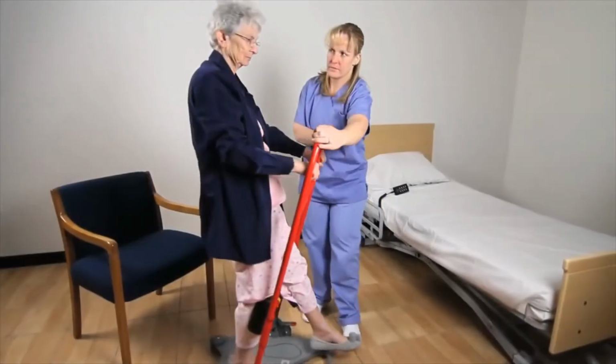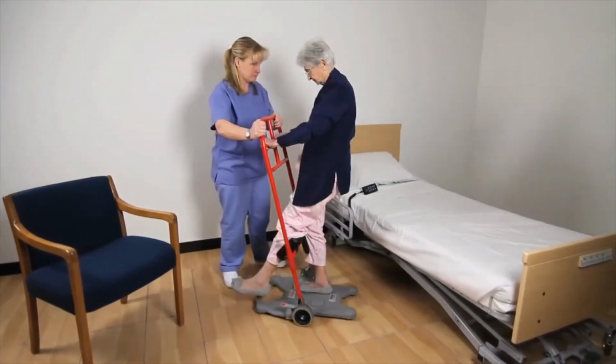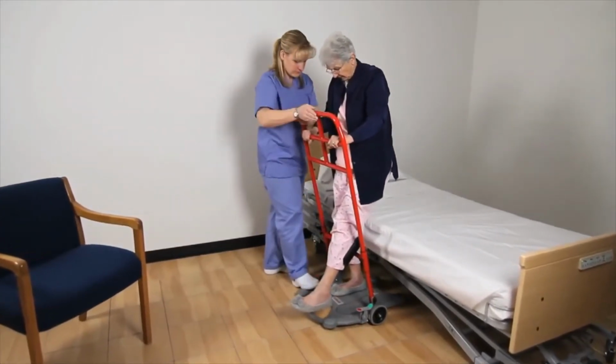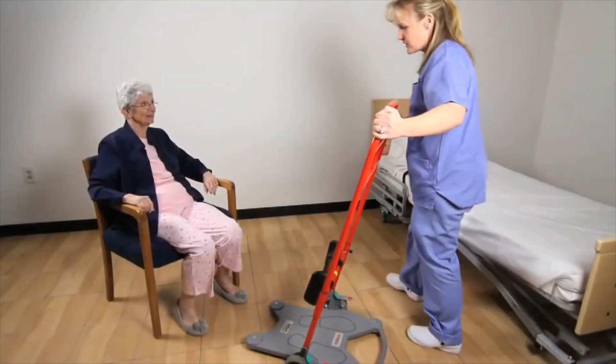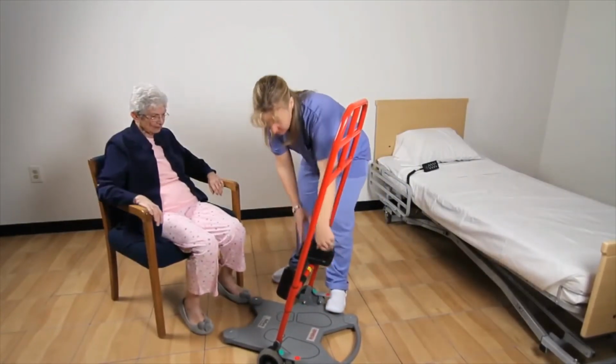If it is contraindicated for the patient to bear weight on one of their legs, or if the patient's leg is in a splint or immobilized with a cast, then the shin pads can be rotated around for the leg to be supported in an outstretched position. If this is the case, simply lower the shin supports all the way to the lowest setting and rotate the